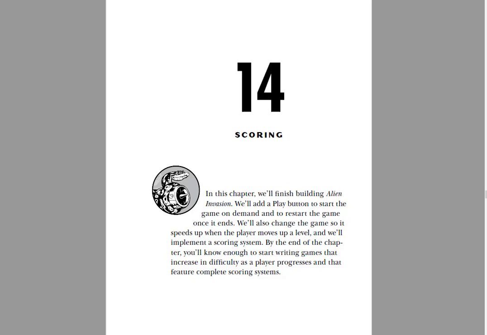We're going to be looking at the play button. So we'll be adding a play button to start the game on demand and to restart the game once it ends. And then we're also going to change the levels of the game. So once we clear out a screen of aliens, we want those aliens to speed up,